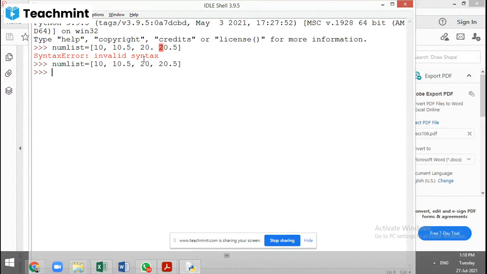So if I want to print all the elements in it one by one, what do I need to do? I have to write print num list 0. You know the index. At the 0th index, what is the value? 10. At the first index, 10.5. Second index, 20. Third index, 20.5.